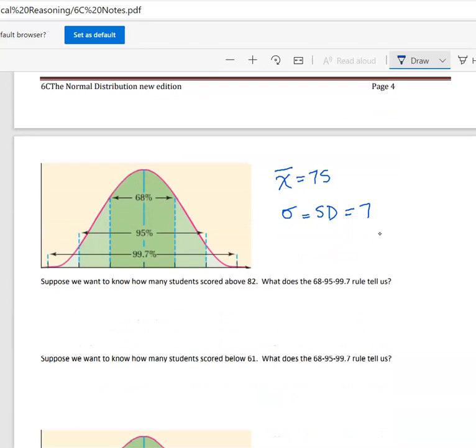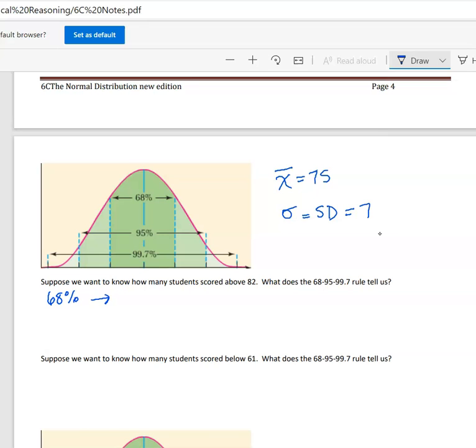And so it says, suppose we want to know how many students scored above an 82. What does the 68, 95, 99.7 rule tell us? Well, what we know is that if things are one standard deviation away from the mean, either adding it or subtracting it, then 68% of the population are going to score in between that. So if we look at the 68%,